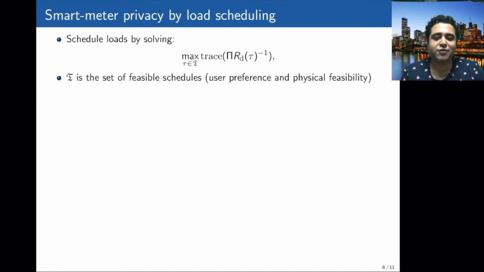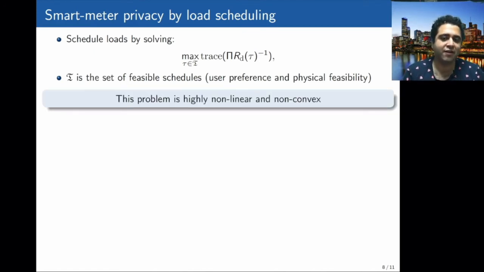So what we try to do is to find the schedules that have the worst-case effect on the adversary. Now, this problem is highly nonlinear and non-convex. That's because the way that R relates to tau is very nonlinear and non-convex, and on top of that we have the inverse of that R matrix. So solving this problem is certainly not easy. What we propose here is to try to solve it approximately, or try to find local optimizers